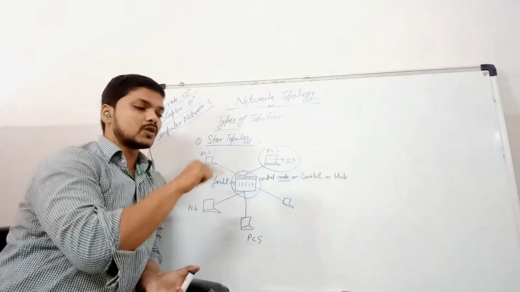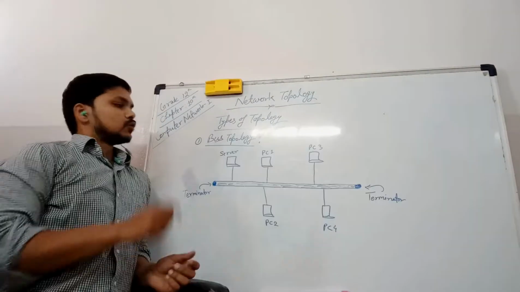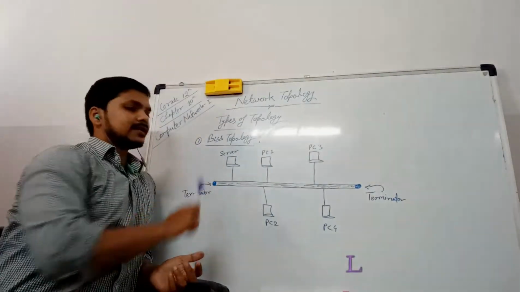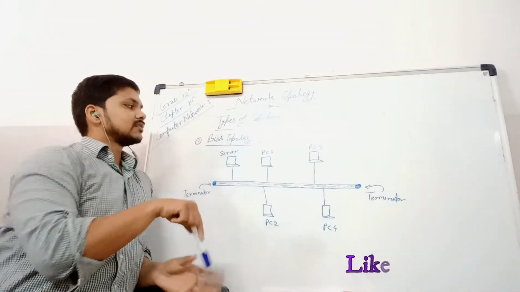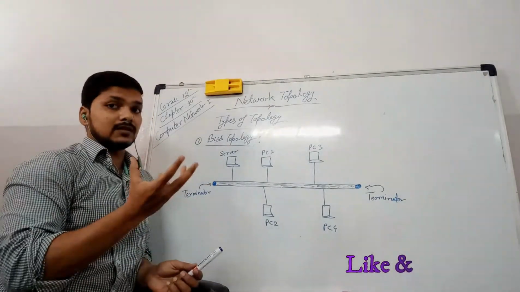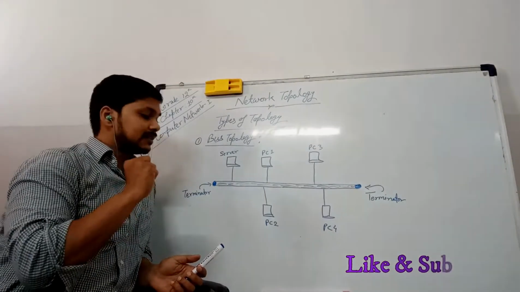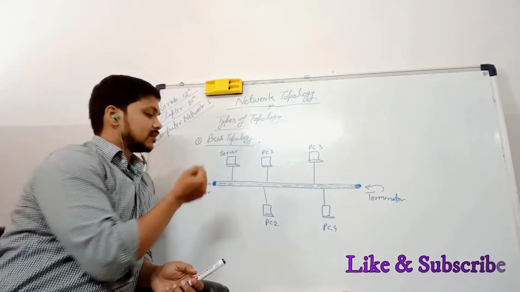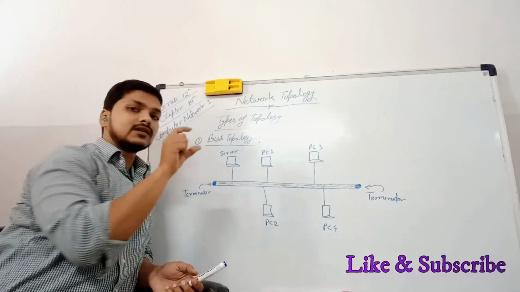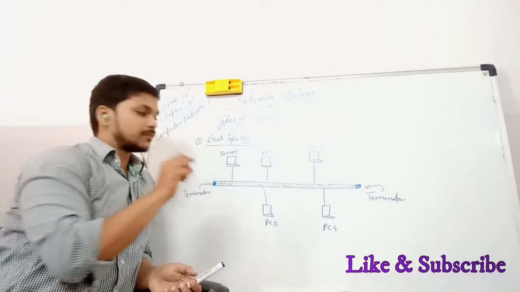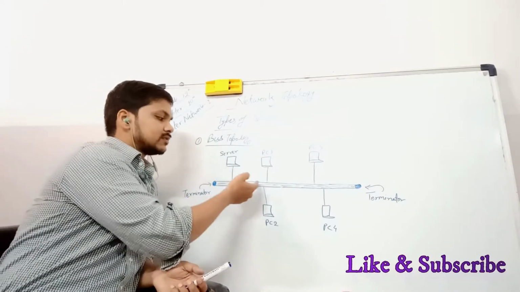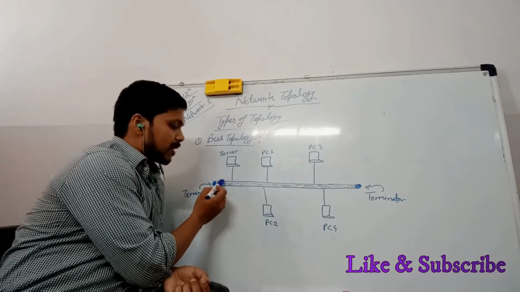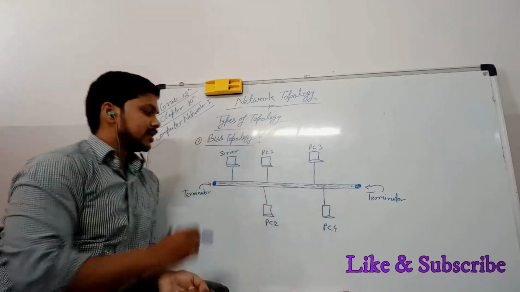Now we are coming to the next topology, that is bus topology. As the name explains, bus in computer science means a cable, a big or very thick cable that has a number of teeny cables, or we can say very thin wires, inside it. It means that a number of small wires passing inside this particular wire is known as a bus.